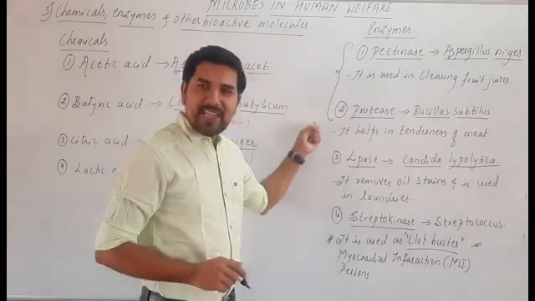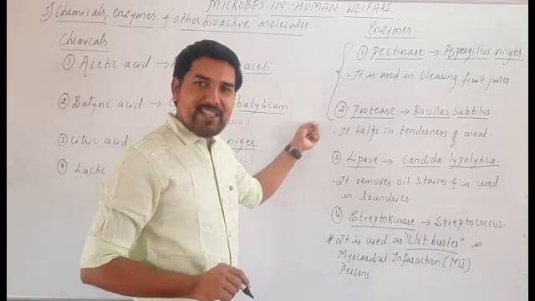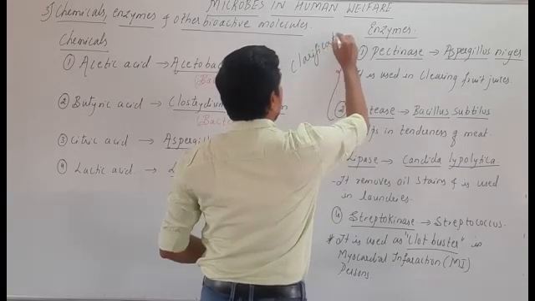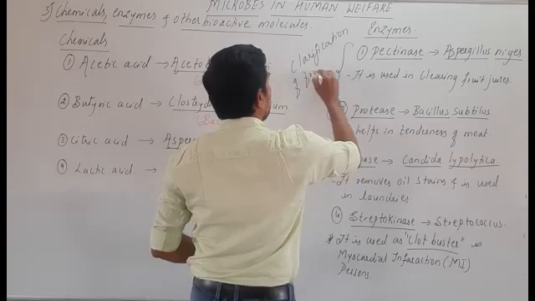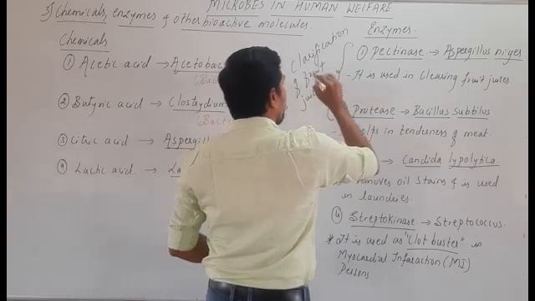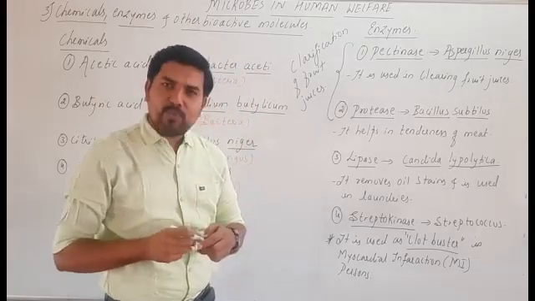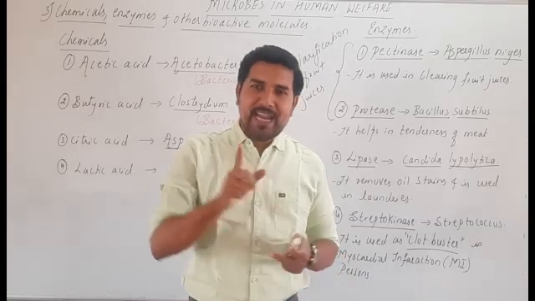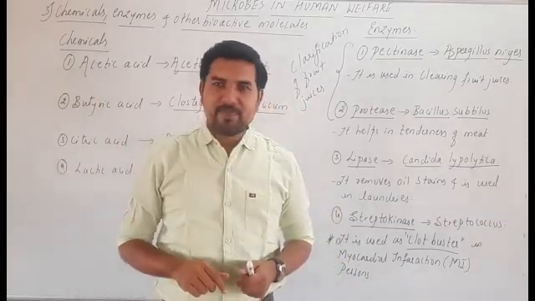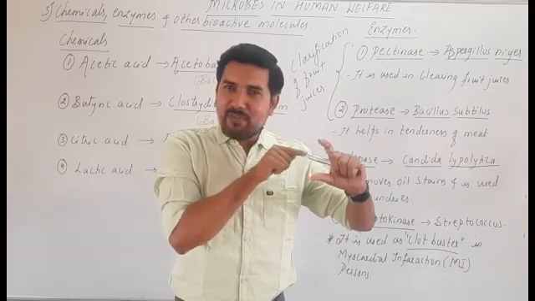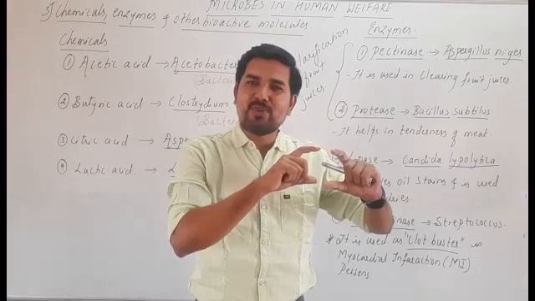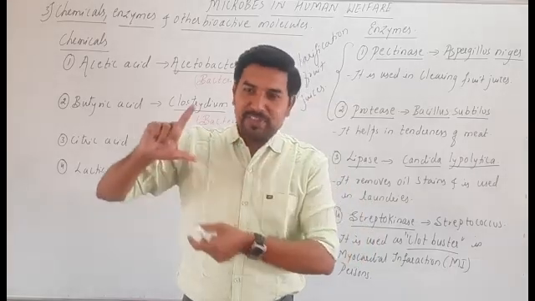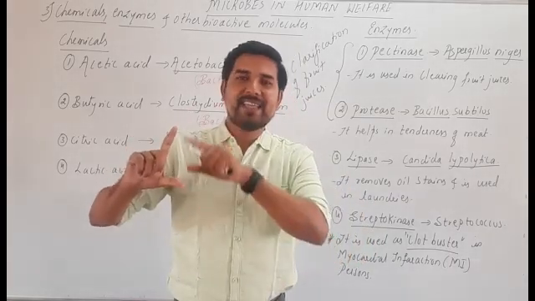So pectinase and protease are the enzymes that are used in clarification of fruit juices in bottled juice. What does it mean? We also produce fruit juice in our homes, and the industries also produce fruit juices. The major difference is that the fruit juice produced in our homes is usually turbid. It is not a clear solution. But the fruit juice packed in bottles by the industries is a very clear